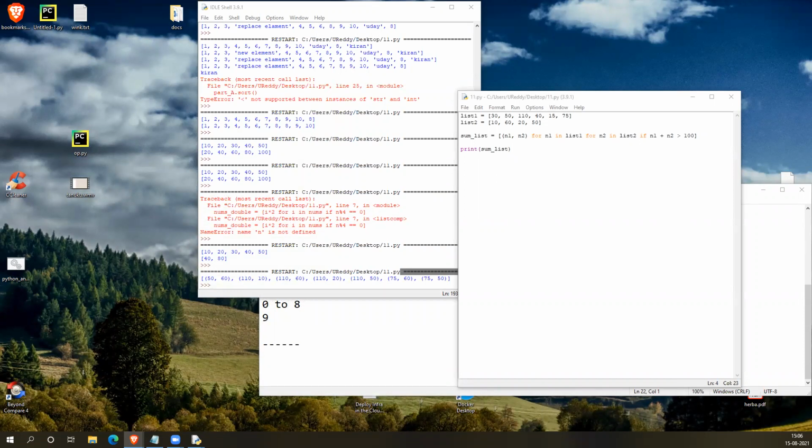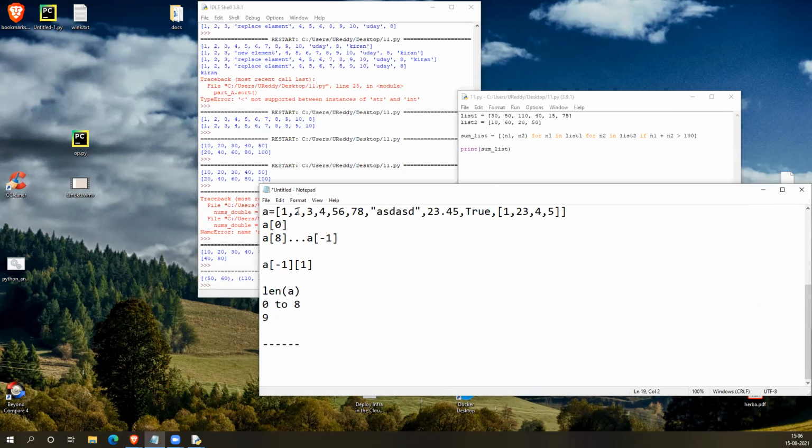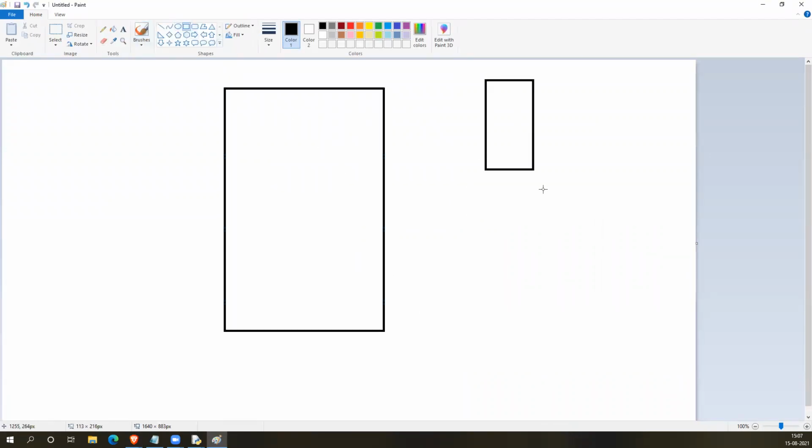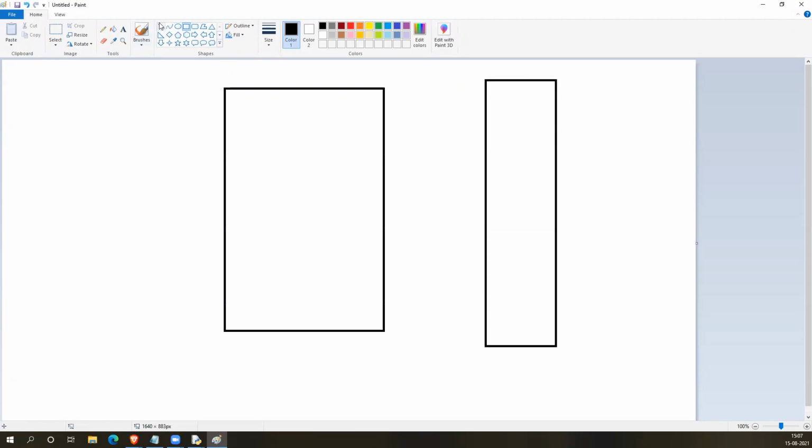So a dictionary is a key value pair. See, in a list, what happens is we are providing individual values as elements, and if we want to access them, we access them with the position number. But a dictionary is a key value pair kind of thing. It's like this is the list. Individual items can be accessed with 0, 1, 2 like this. But